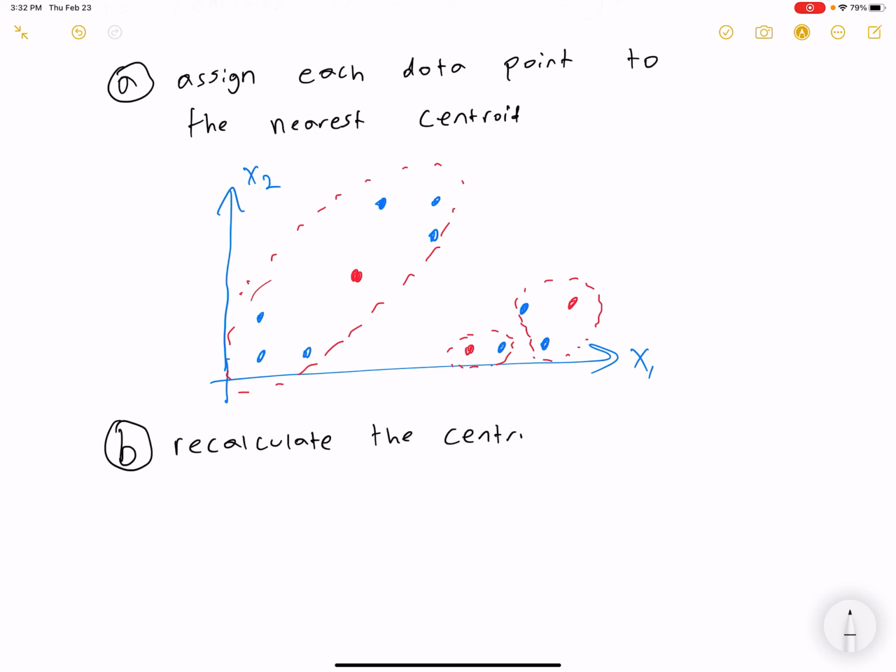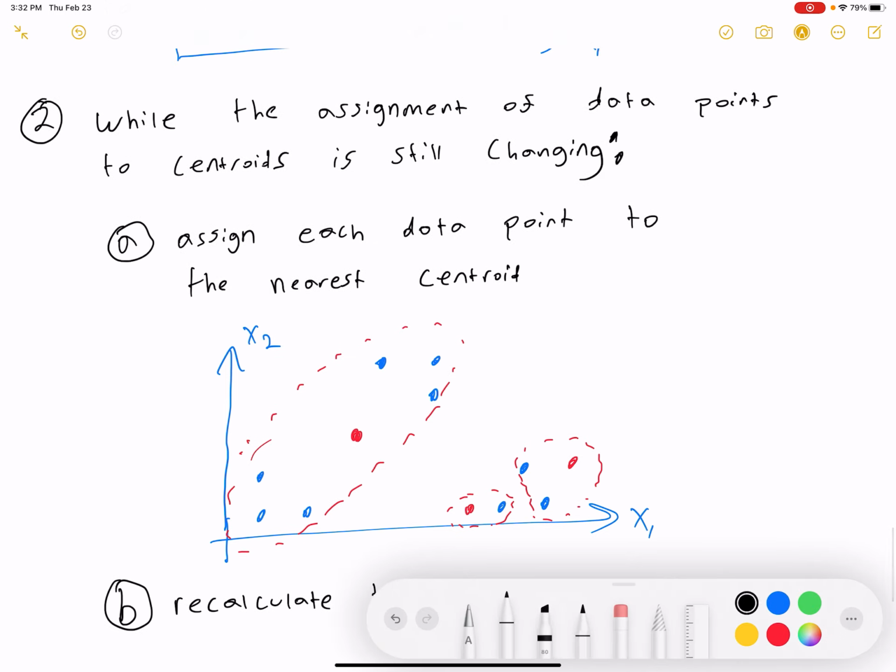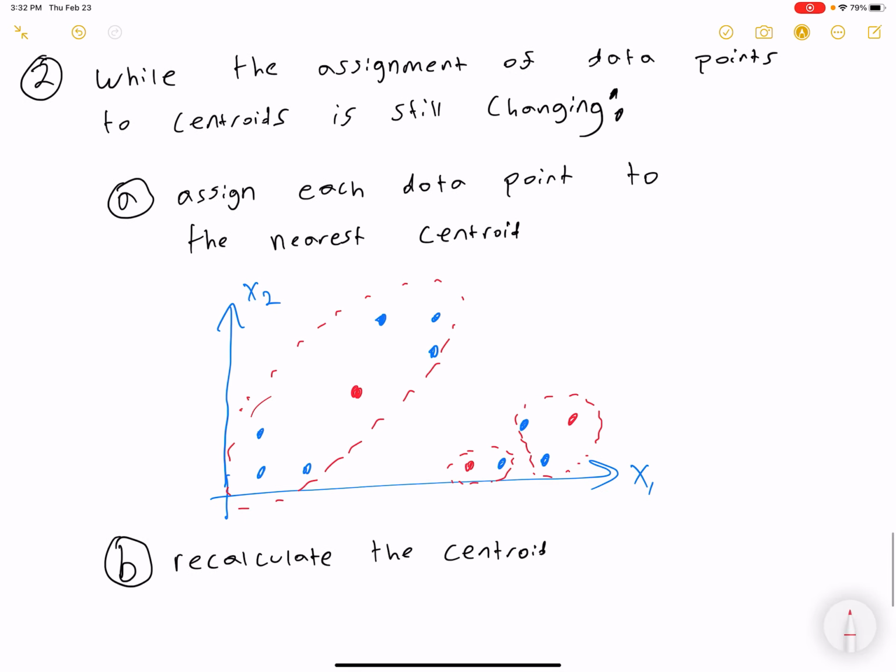Sorry, could you repeat what the dotted circles are? That's just the cluster so far. Oh, okay. And that's based on the centroid? Yeah. Okay. So assign each data point to the nearest centroid. So this would be cluster A. Does that look like an A? Probably not. Cluster A. This is cluster B. And this is cluster C. So far,